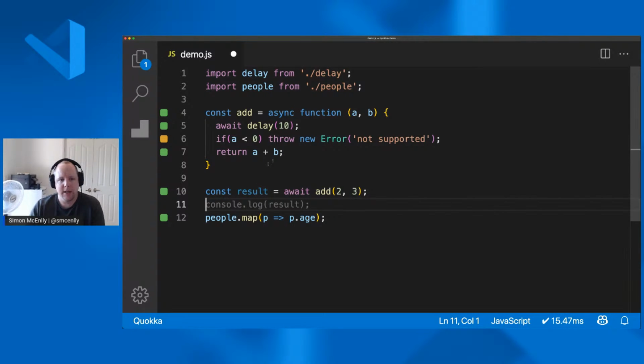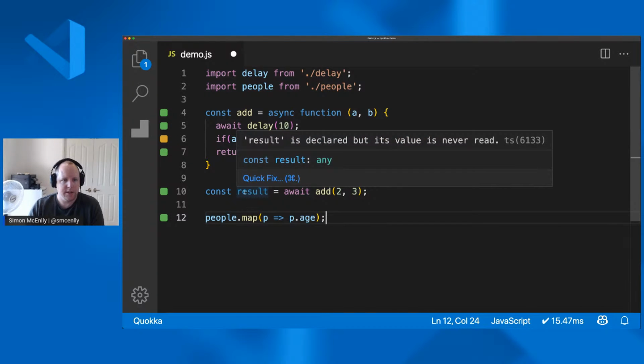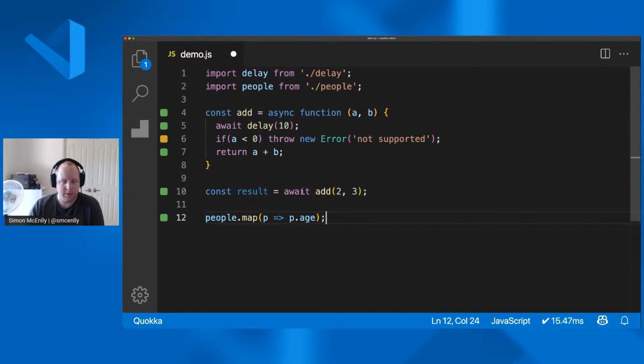But with Quokka, you don't have to use console.log if you don't want to. After starting Quokka on a file, if you want to get the result of something, all you have to do is select it. If I wanted to see the runtime value of result, all I have to do is double click, select the value, and you'll see Quokka is capturing that runtime value and outputting it right beside our editor. So selection is one way that you can get results out of Quokka, and I can press escape to cancel that value because I don't want to see it anymore.